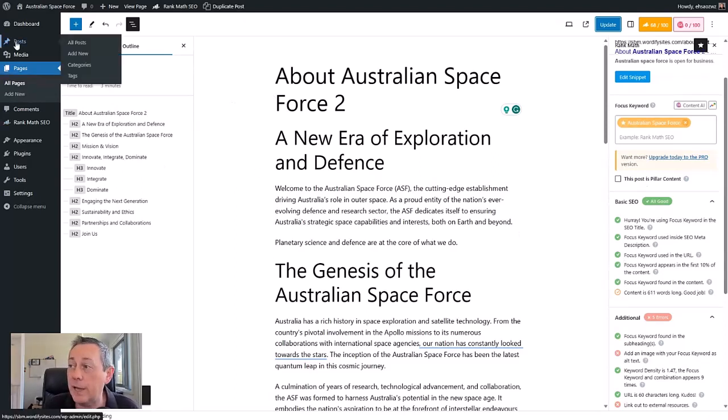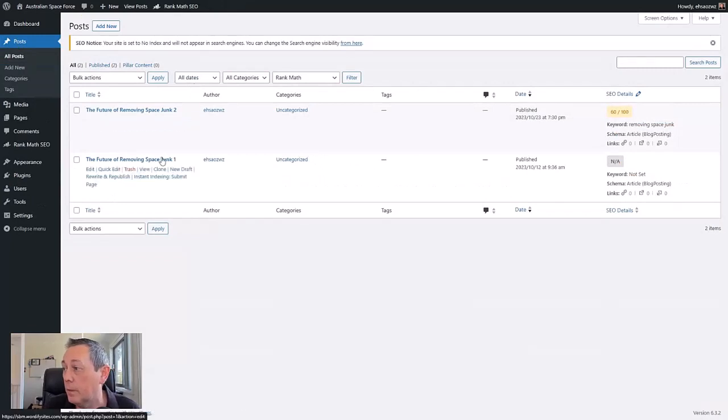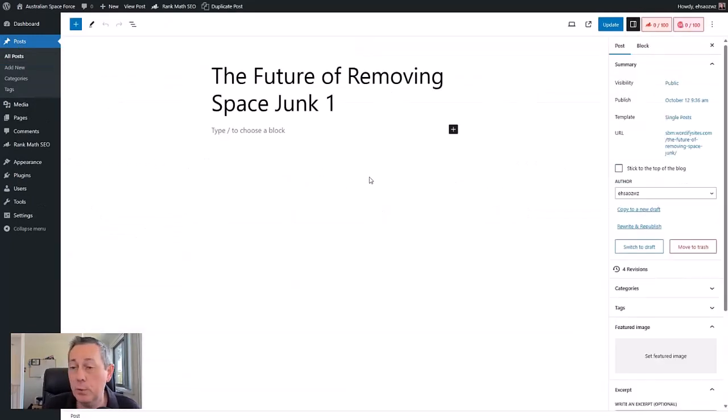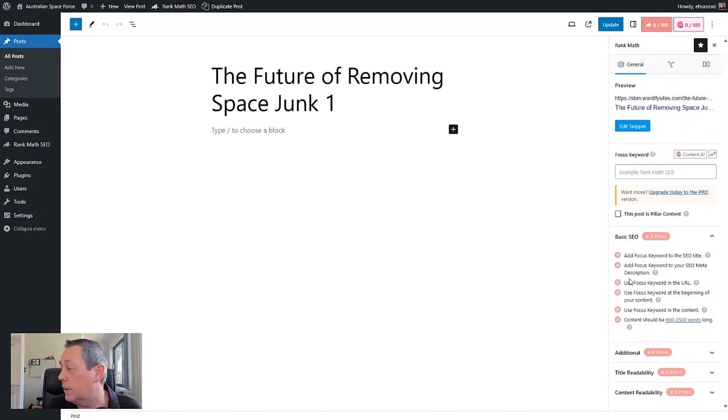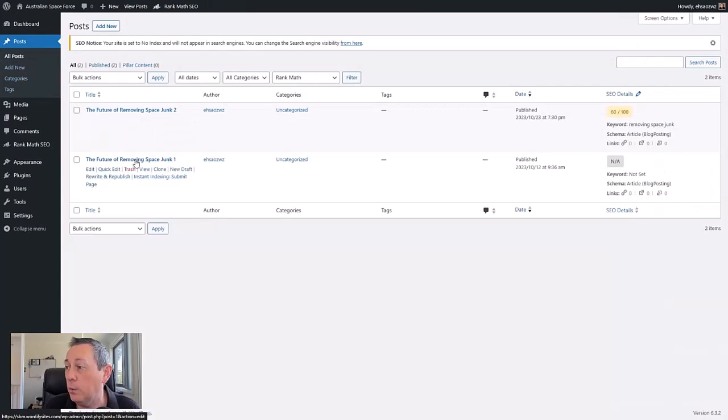Now let's have a quick look at a post. So here's a post that I created. So here's an outline. Again, the outline is going to be really, really low. And if you have a look at Rank Math, you've got lots of reds to cover. So once you have your post outlined,